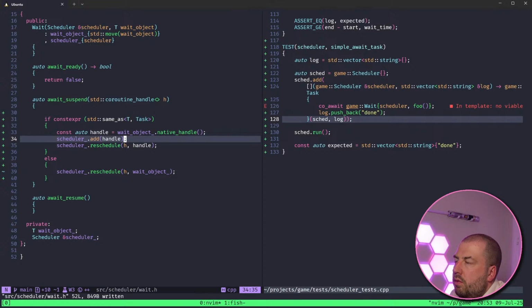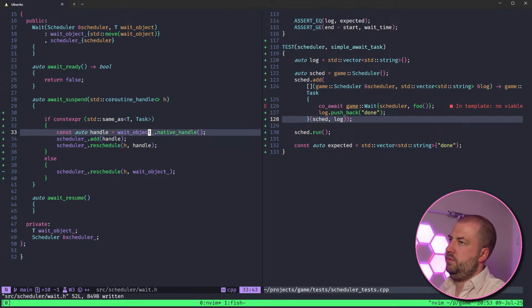Handle. Oh shoot. No, I see. Yes. What am I trying to do?